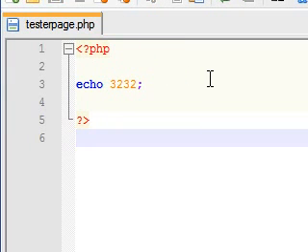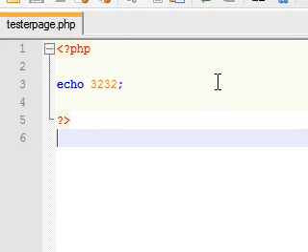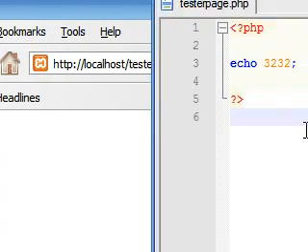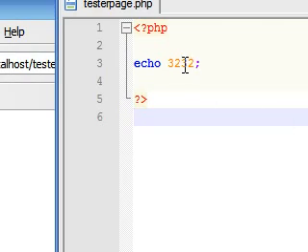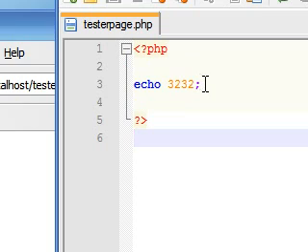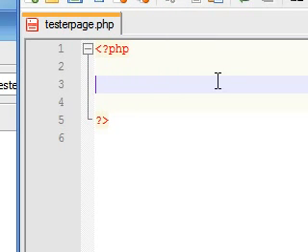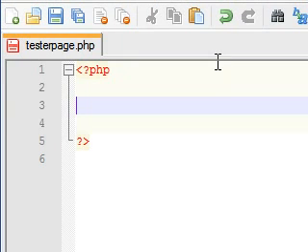Now, if you're saying, yeah, that's pretty, I'm trying to think of a word that isn't going to offend people, but it's pretty dumb. Why wouldn't I just write 32 right on the screen? I'm not that stupid. So, I know this is kind of a basic function in PHP, but I needed you idiots to learn this first. Once you get this done, we can begin moving on to something a little more complicated.